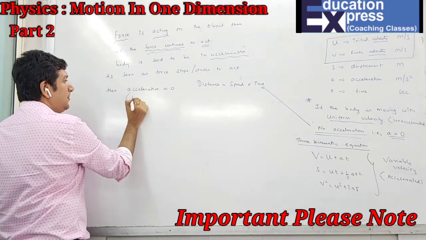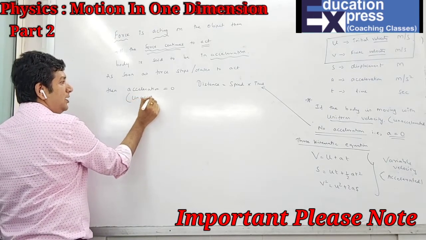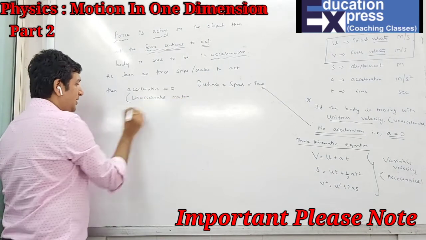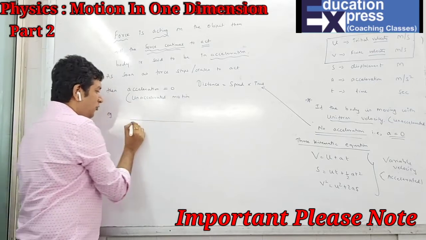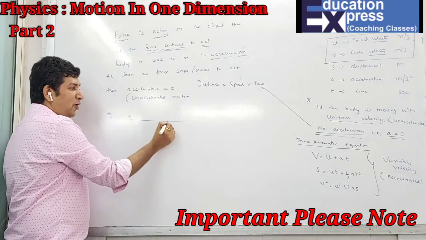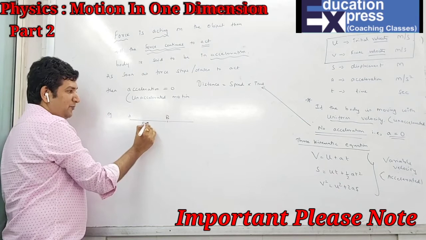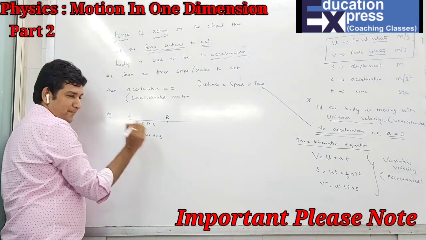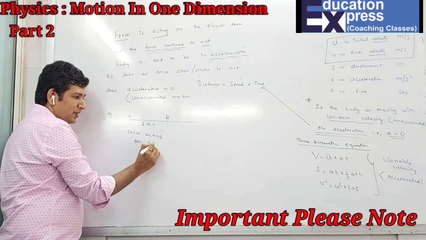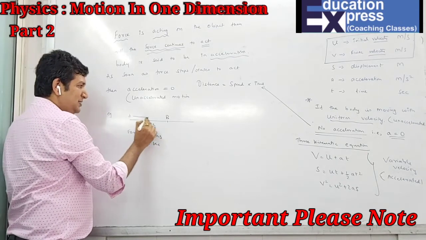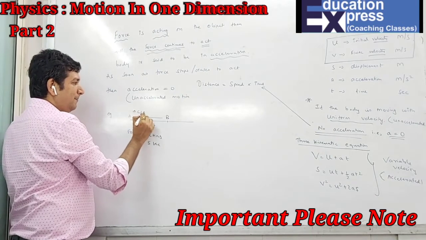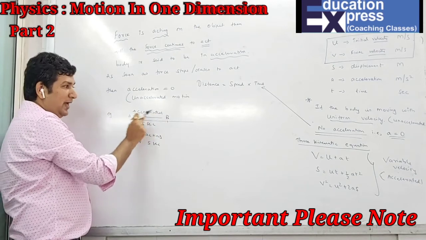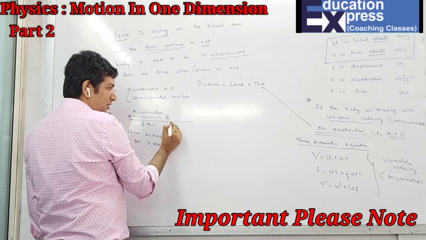That means it is said to be unaccelerated motion. For example, if I say that the force acts on the body for 5 seconds, that means the force is acting for 5 seconds. That means for 5 seconds the body is changing its velocity, hence called accelerated,